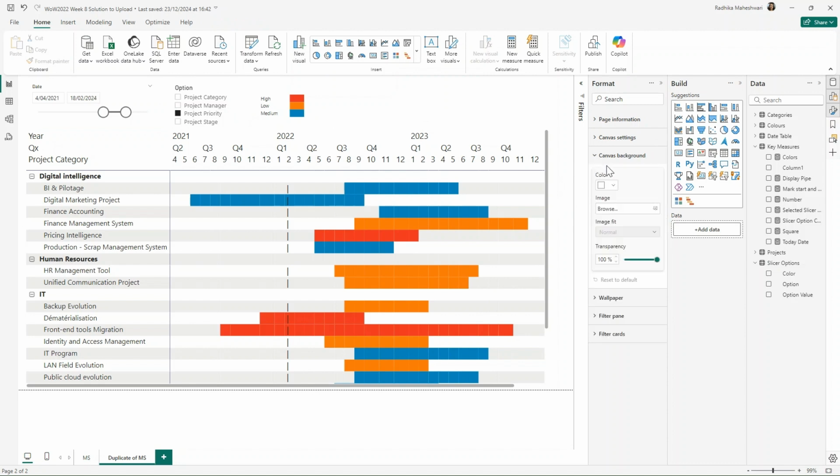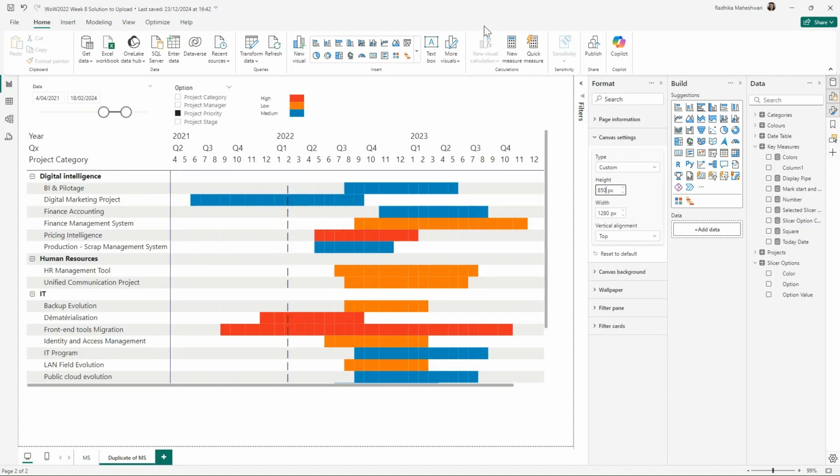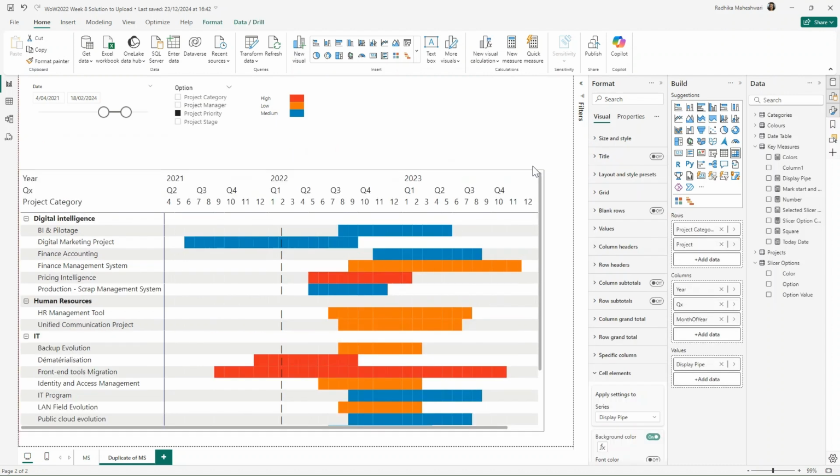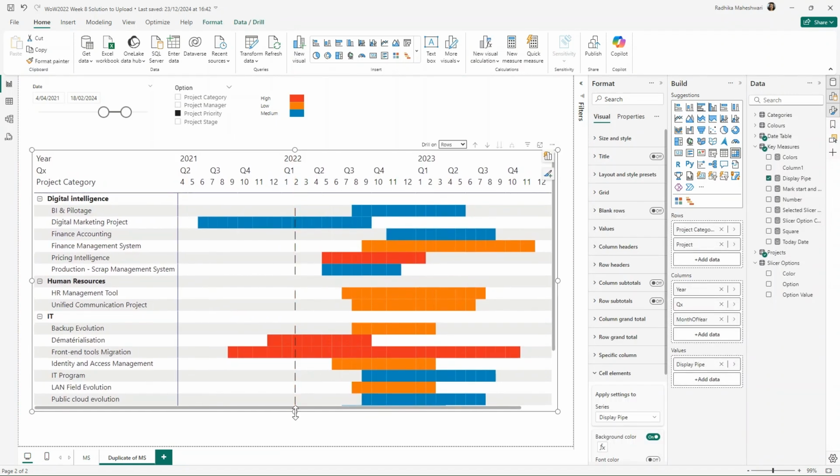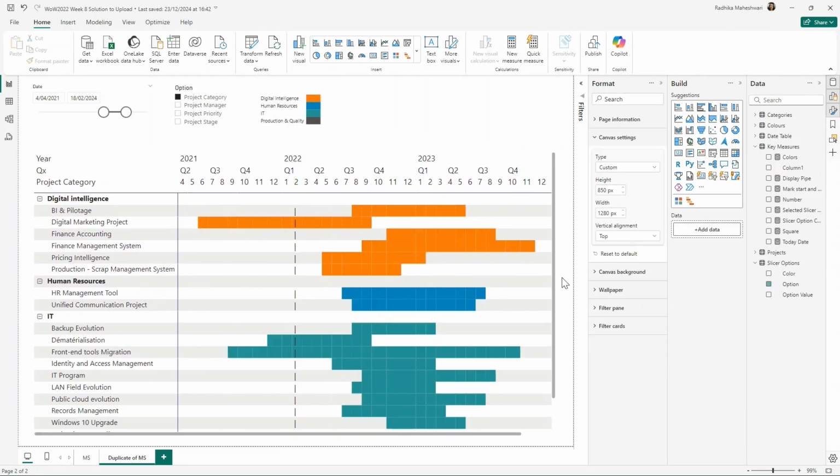Let us just increase the size of this canvas so that all of this fits in really well. So instead of this, I will do the height as 850 and I will move this down a little. And this is how the final visual looks like. And we have completed that impossible puzzle. So the week 8 was a challenge that I did in two parts. First one was the longer version and this one is the impossible version.